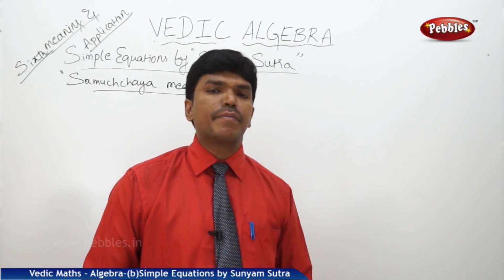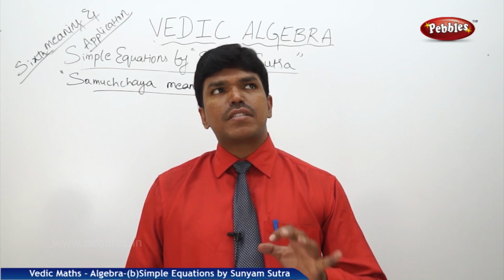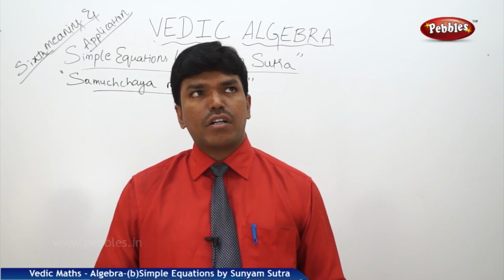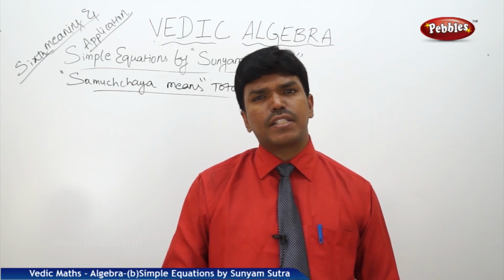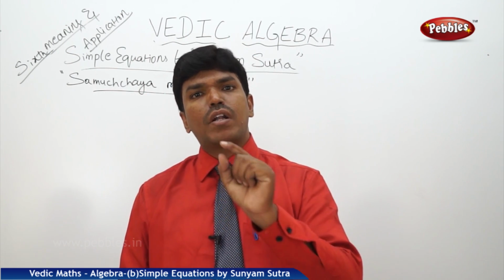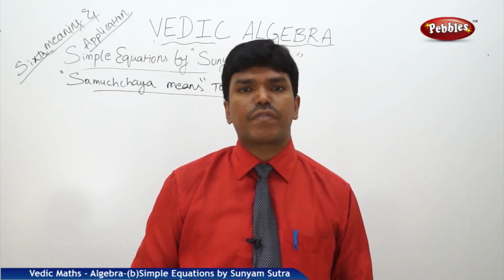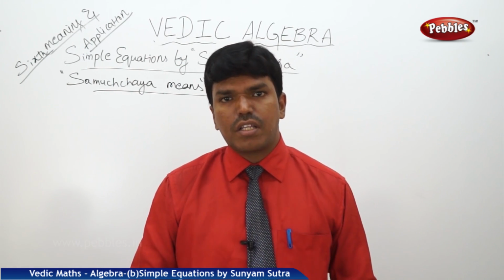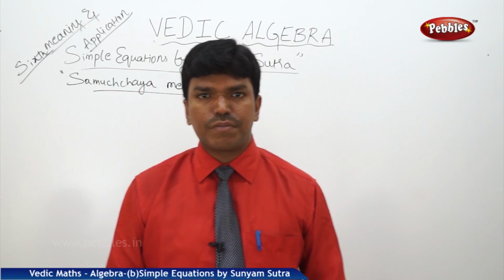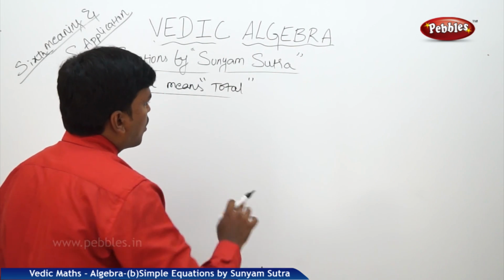Now let us see the sixth meaning of samuchaya. The sixth meaning of samuchaya is the total, the sum. This meaning of sum total is taken in the context whenever the sum of the denominators on the left hand side of the equation is equal to the sum of the denominators on the right hand side of the equation. Then that sum we have to equate to 0 to get the solution. So what does samuchaya mean here? Samuchaya means total. According to this sutra,